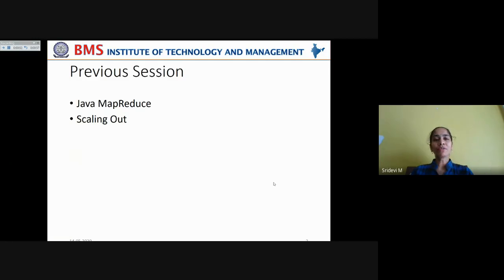Right after this, we have also seen how to set the output key value pairs format, whether it is in text format or in writable format. And also we have covered various Hadoop wrapper classes like IntWritable, LongWritable, and Text, which are analogous to int, long, and string in your Java programming language.